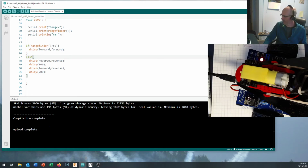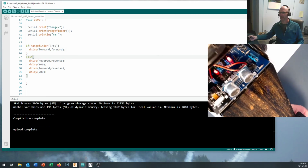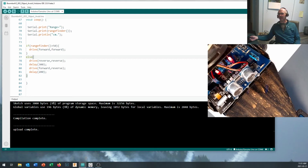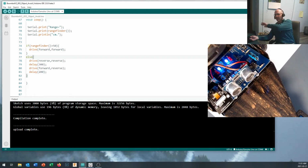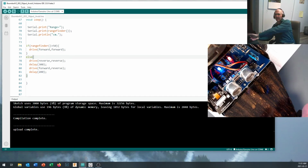Compilation complete, upload complete. As you can see, it's really fast. Now I can take a look at the front of my robot right down here, and you can see that the red lights are on, the two outside ones. On mine, that's a sign that it should be moving forward. And just using the logic, you can see that when I pass my hand down in front of here, it